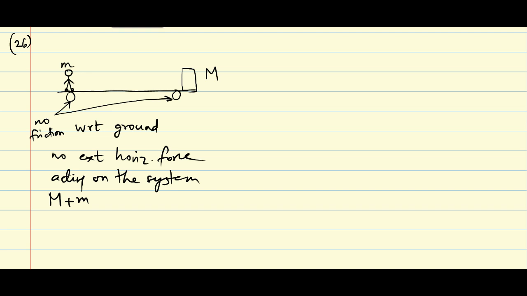Now it's mentioned that this man starts walking towards the engine, and as a result the wagon or the railroad car recoils in the opposite direction with a speed of v, and we have to find what is the velocity with which the man is approaching the engine. In other words, the relative speed of the man with respect to the engine. So I'll just draw a diagram in the car frame. So this is with respect to the railroad car,